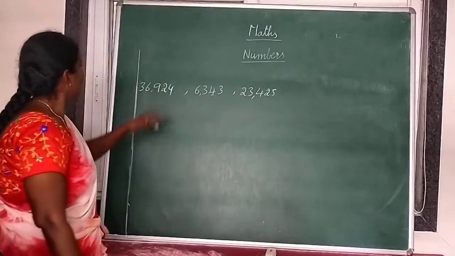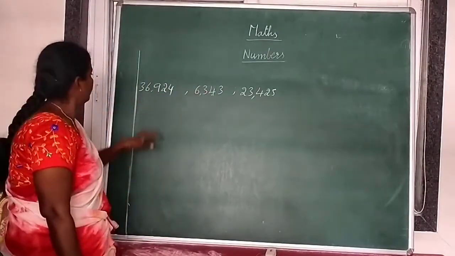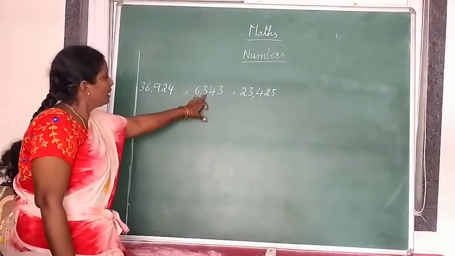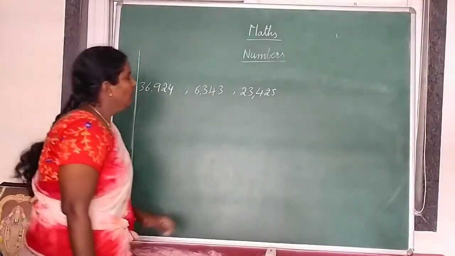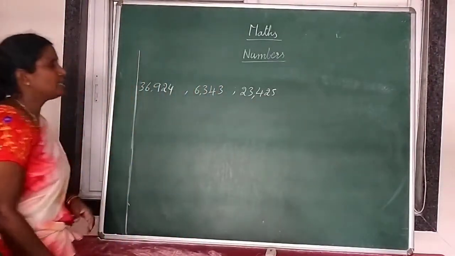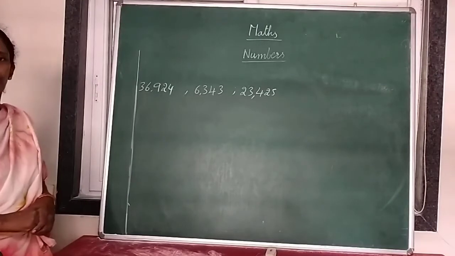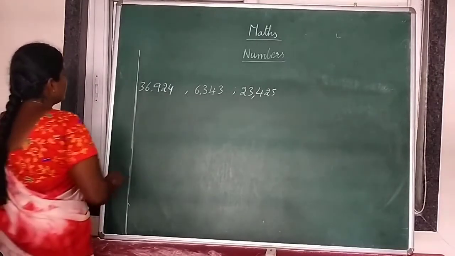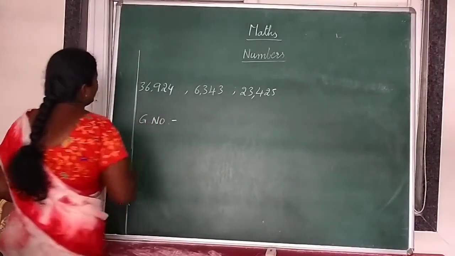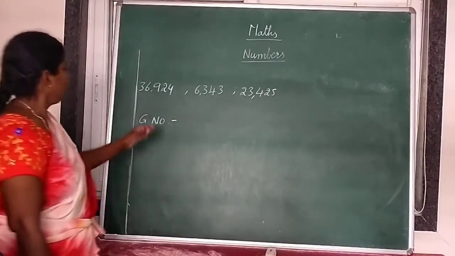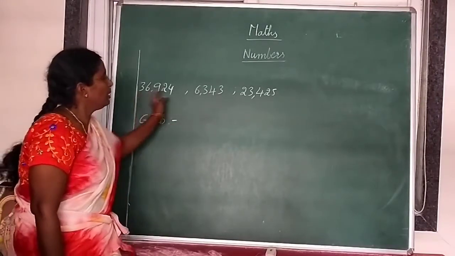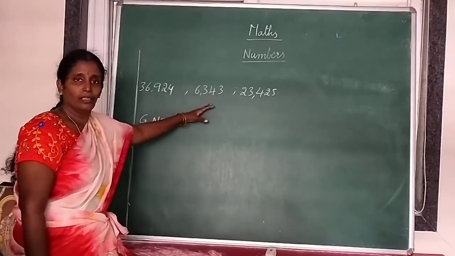Now here three numbers are there. 36,924, 6,343 and 23,425. So in these, which is the greatest number? To find the greatest number, what do we have to do? So we should arrange in